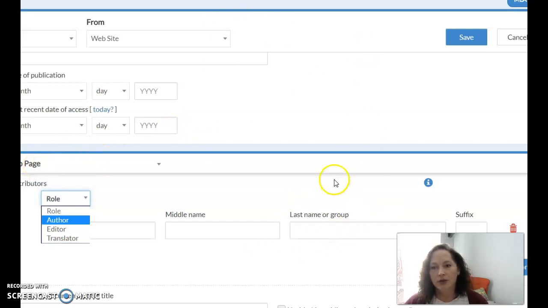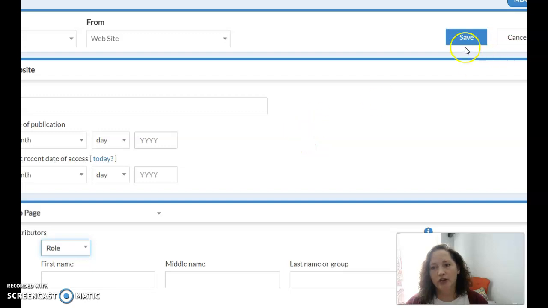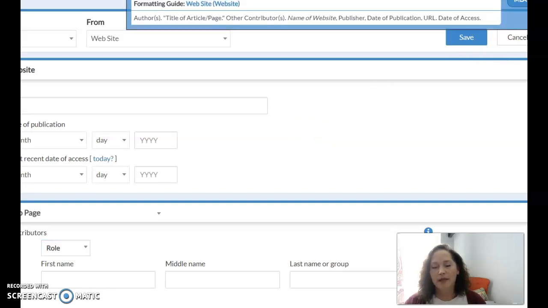Okay, so again, you can just double check your entries. What I really like about Noodle Tools also is in the upper right hand corner, there's a little MLA guide that if you click on that, it'll come up and show you what it's supposed to look like. Okay, so with the punctuation and everything.